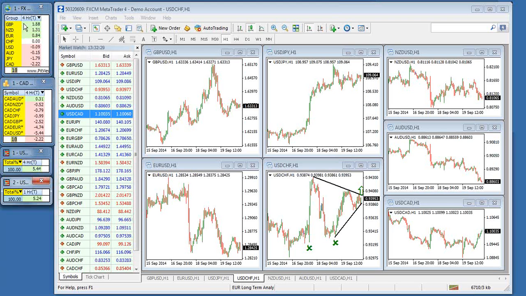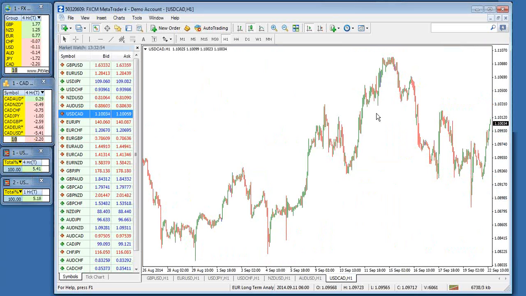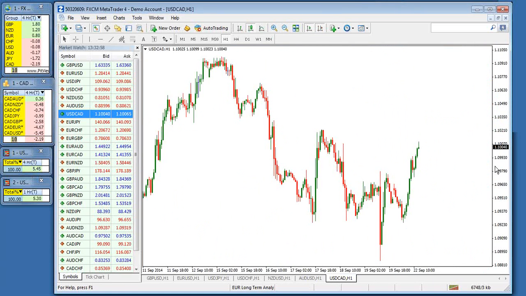So you're looking at the bully being the pound has been the most well bid today, and the wimp is the Canadian. I've already looked kind of through all of these, so I double click on the Canadian, and you can see the Canadian is the weakest over the last 4 hours versus the dollar. And so I want to take a closer look at the dollar Canadian chart on here. And I'm going to go ahead and zoom in